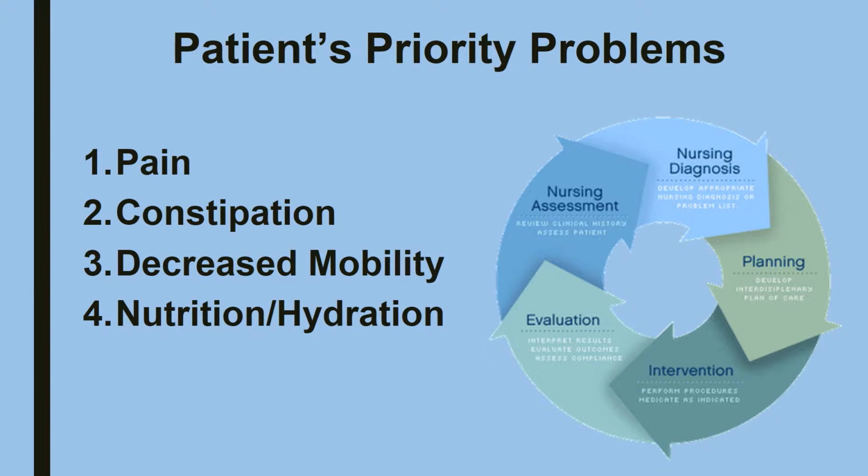Patient priority problems. After reviewing Mr. Arm's chart, the nurse identifies 4 priority problems. First, Mr. Arm is in pain related to his injury and surgical procedure. Second, Mr. Arm is experiencing constipation related to analgesic use, consumption of multiple fast food meals, decreased fluid intake, and reduced physical activity. In addition, constipation can